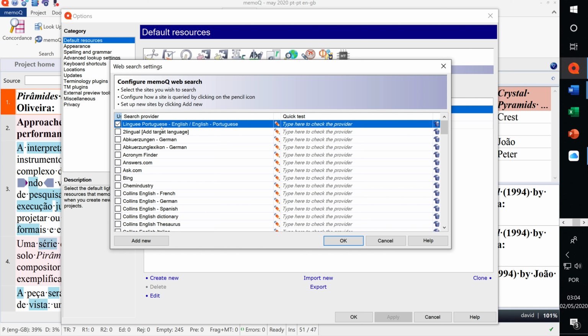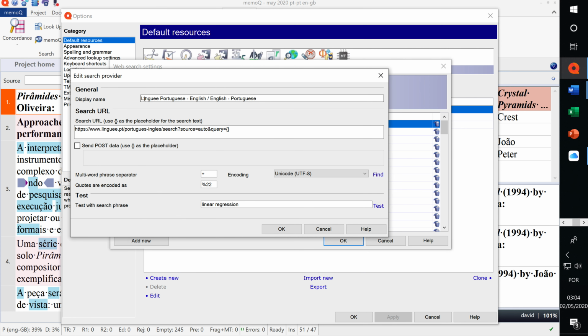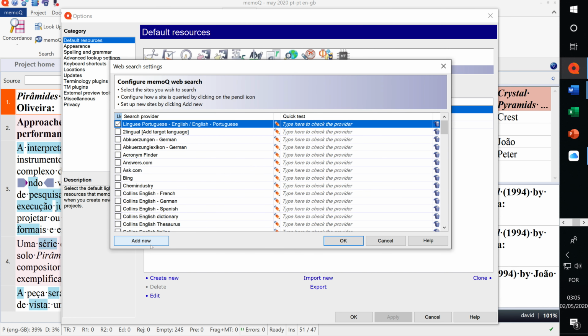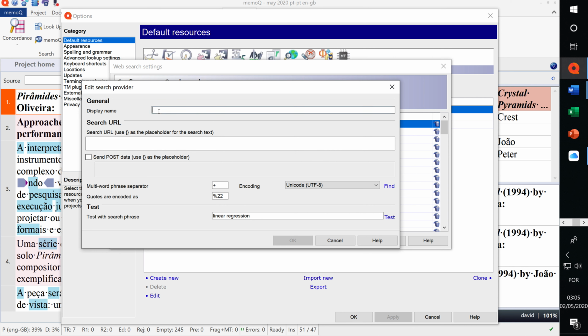Now, let's look at the settings we have. We're using Língua Portuguese English. Now, if we look inside here, we can see that we have a name, which we give, and a URL, something that is like this, that we use to find a site on the internet. Let's add a new search provider, and we're going to call it Língua Brazilian Portuguese